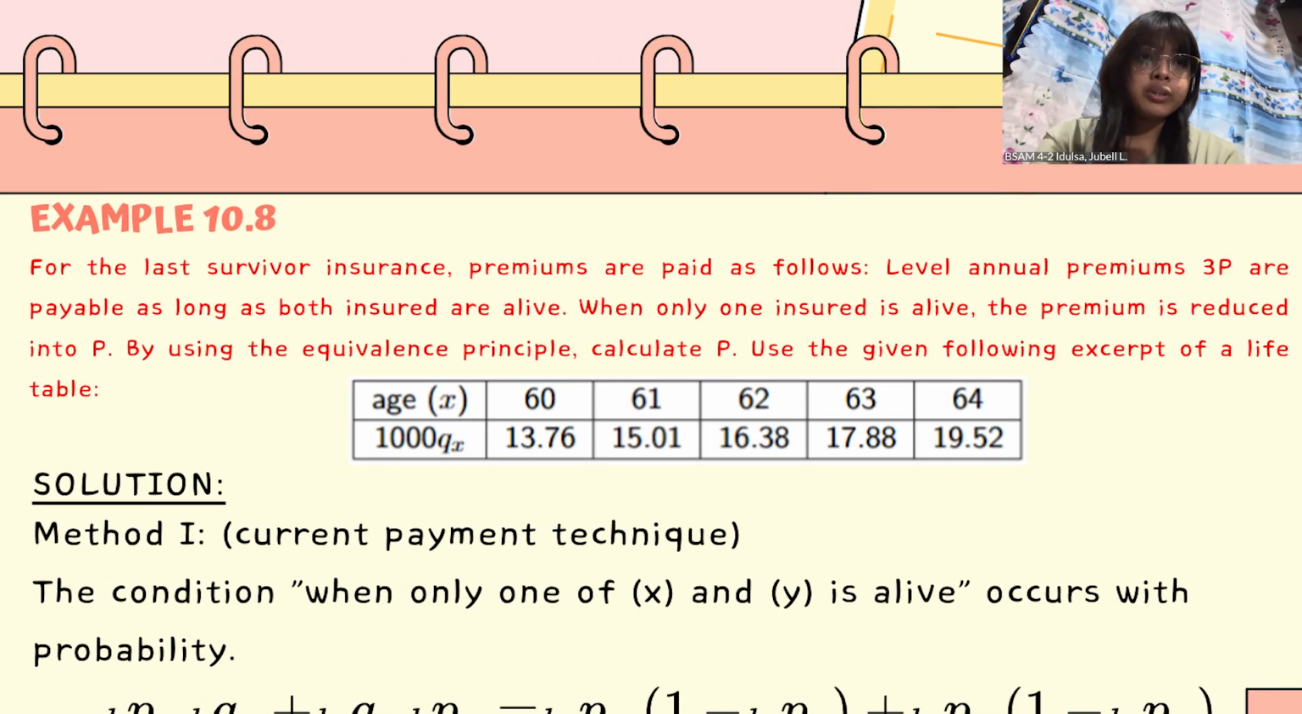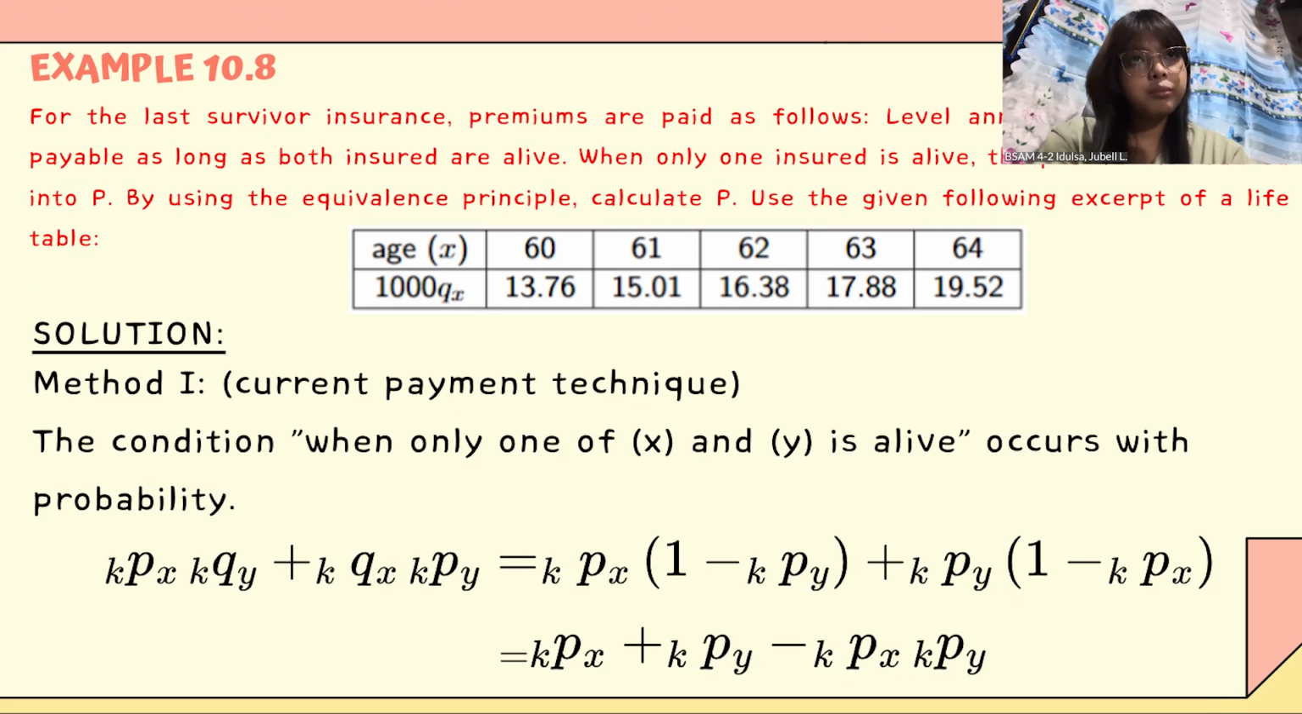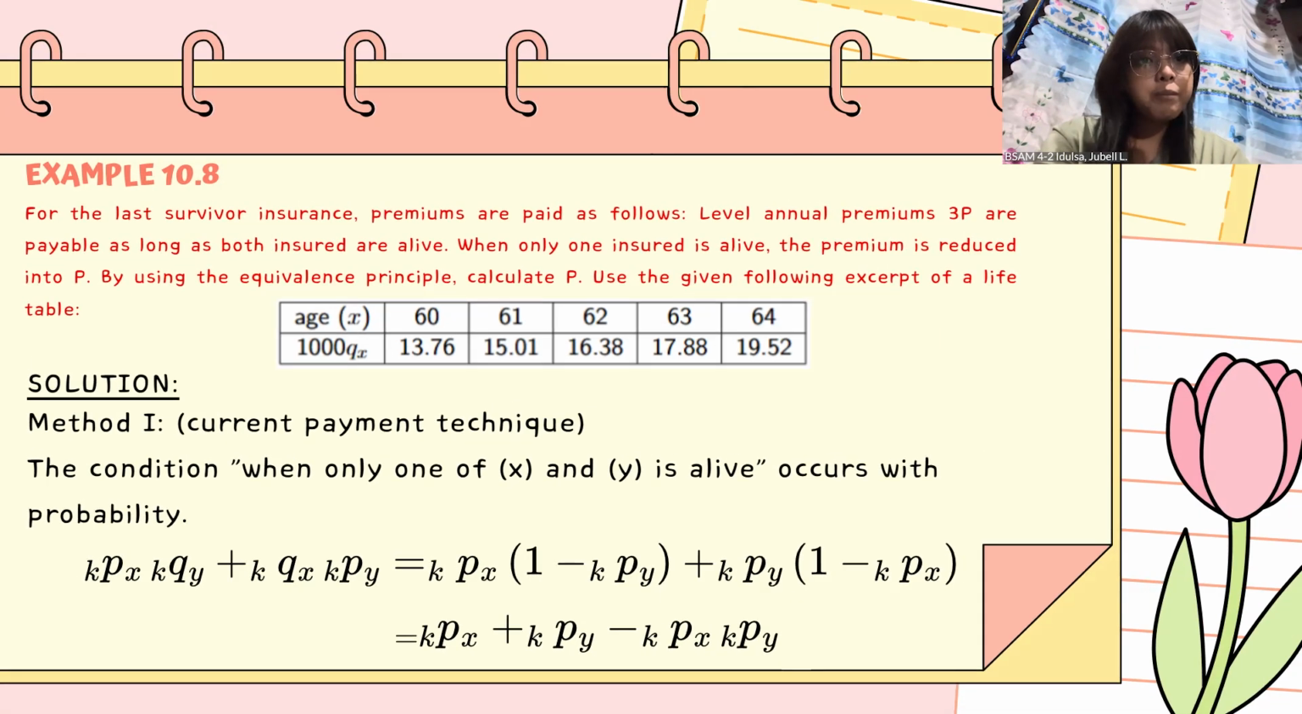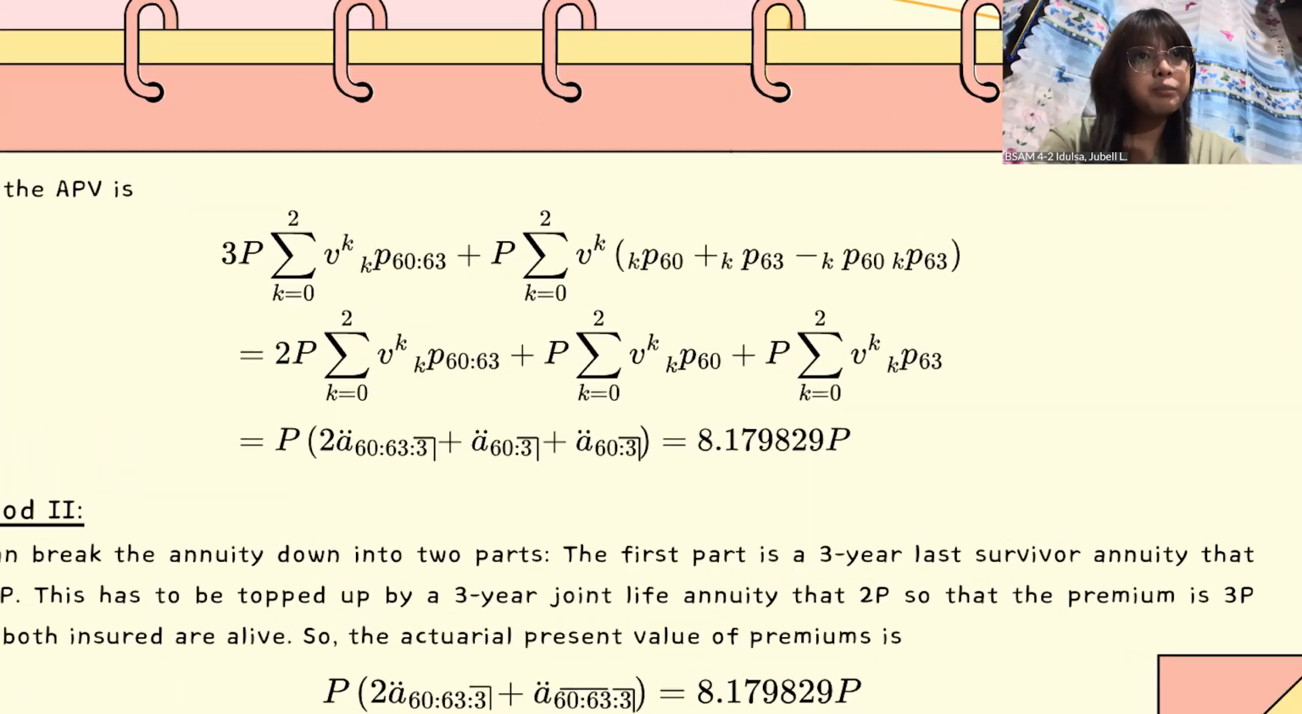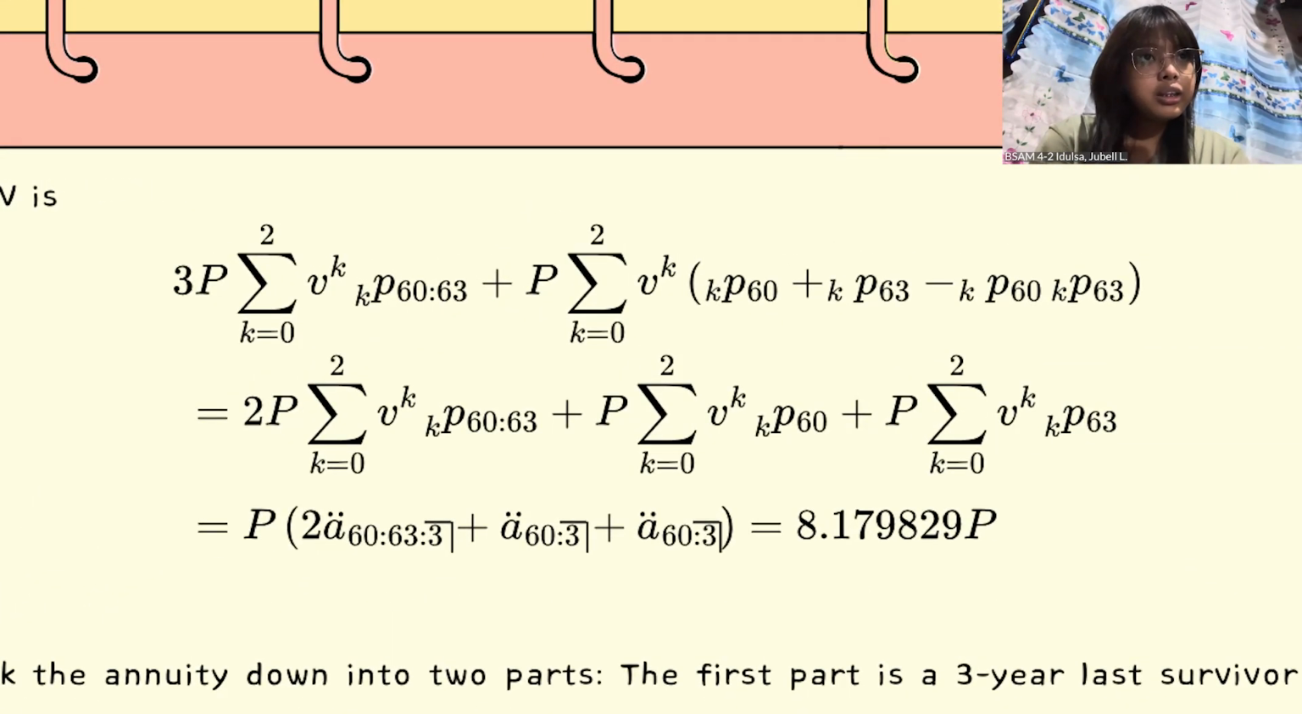We have higher premium 3P when both insured individuals are alive, while we also have here the reduced premium P when only one remains. Using the equivalence principle, the goal is to determine the value of P. For method 1, we will solve the probability that only one insured is alive. Using this, the APV equation is set up by summing the present values of premiums, leading to